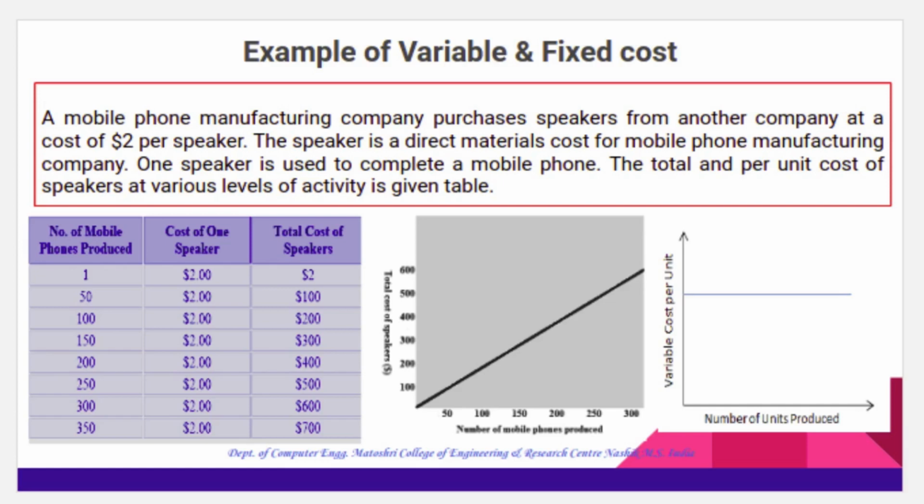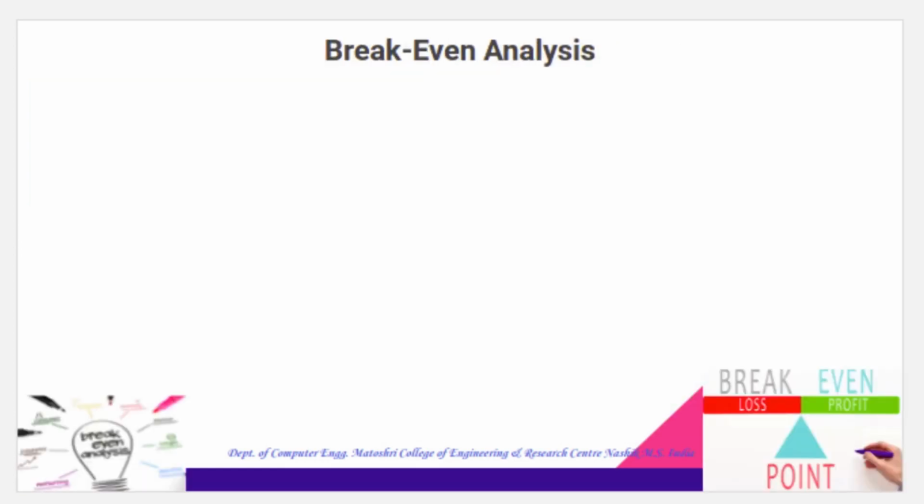Next, we will discuss break-even analysis. Profit is the most important measure of a company's performance. Analysis of the effect of various factors on profit is an important step in financial resource planning and decision making. There is one analytical technique used to study profit behavior with the change in cost, volume, and prices. This analytical technique is known as CVP analysis, the cost volume profit technique.